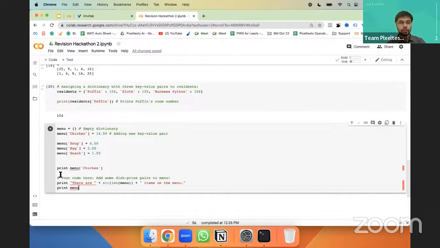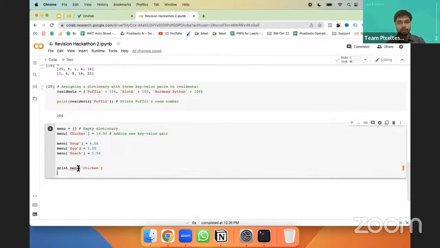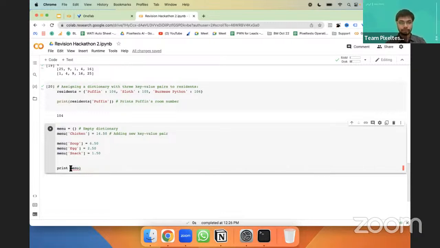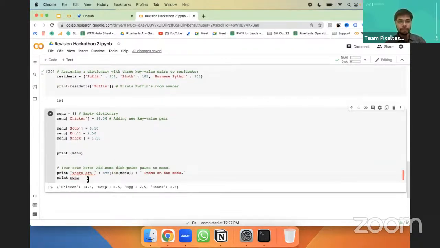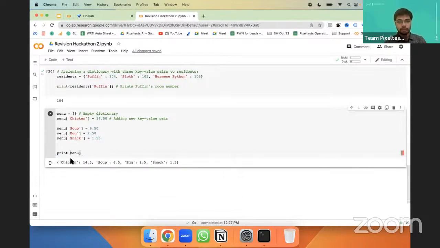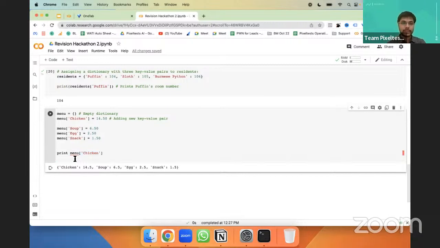Okay, so now when you print only menu, it's going to print the whole menu. But if you want to print only the price in the menu for chicken, you can search by chicken. You do not have to know in what index chicken is there, right? So you can just go ahead, run it. It'll say 14.5 is the price against that particular menu item. Okay, so that is how dictionaries work.